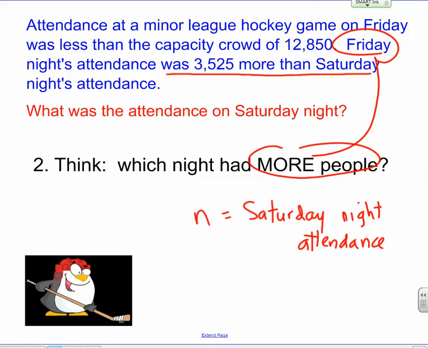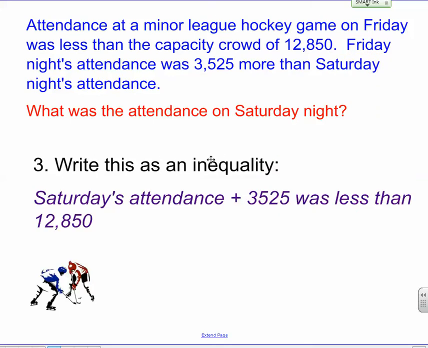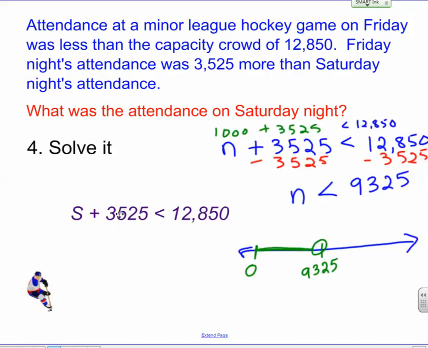So the next step, write this as an inequality. Saturday's attendance plus the 3,525 more people is less than the 12,850 people on Friday night. And then we just change that into a mathematical inequality. Saturday night plus 3,525 is less than 12,850. And now we solve that the same way we solved an equation. We subtract this from both sides, and then we have the answer for Saturday night's attendance is less than 9,325